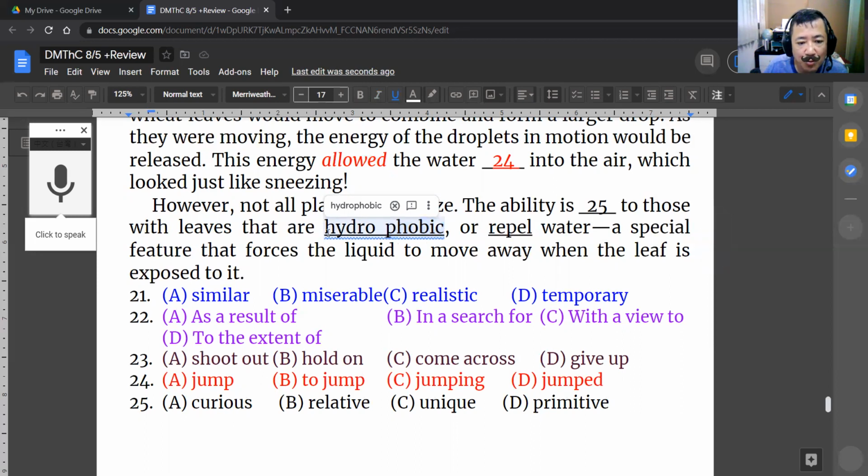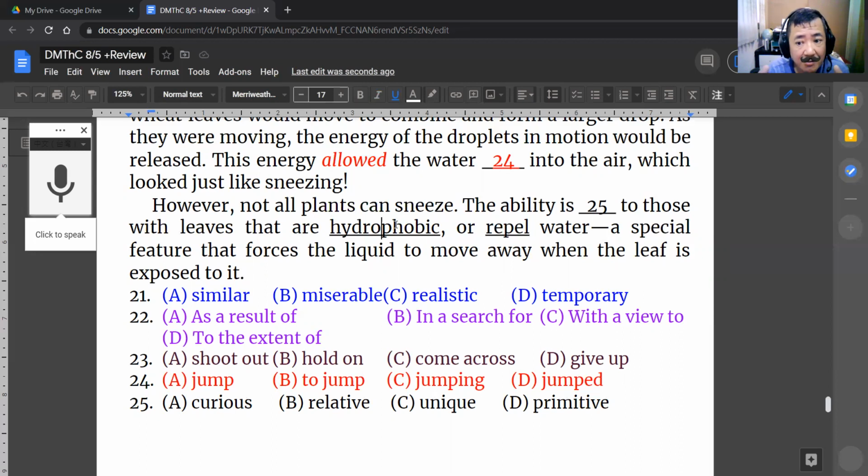So hydro means water. So water 恐惧, that means something that doesn't like water. So when something is hydrophobic, its 表面, its surface is very, very 滑, very, very smooth. So water cannot stick to it. If you just wax the car, like 刚打蜡完的车子, it's hydrophobic because it's very smooth. And then the water hits the car, it just rolls off, right? Okay.